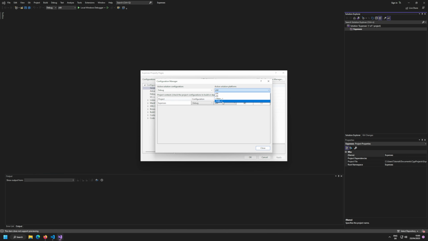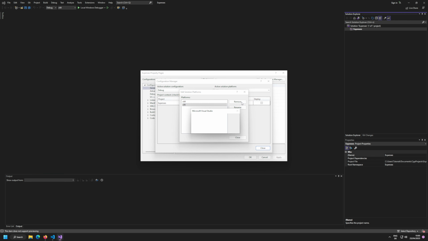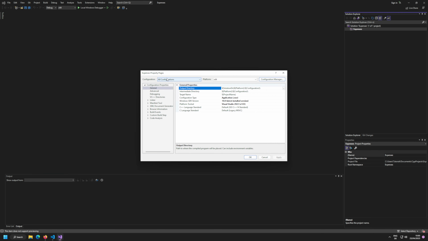First of all, I want to get rid of 32-bit. I don't want to maintain 2 configurations that potentially break. So yeah, nowadays nobody uses 32-bit, so we have a reason to remove it, because everything that you have needs to be maintained. Now it's again important that this is on all configurations and on x64,